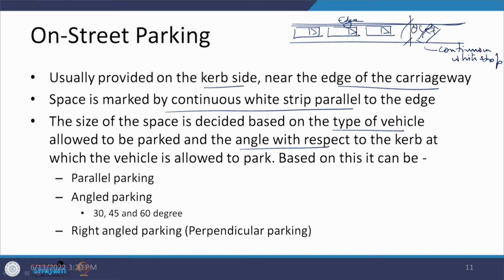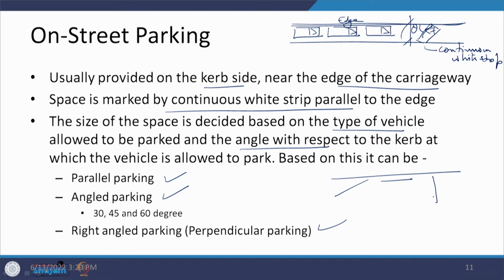So, we may have a situation that the vehicles are being parked at an angle theta in this form, or they are at just a parallel situation with respect to the curb, and they are going to define how much space is required in those cases. So, there can be a parallel parking, there will be an angled parking, and there can be a perpendicular parking. The three conditions can be there. So, we are talking about the angled parking, the parallel parking, and the perpendicular parking.